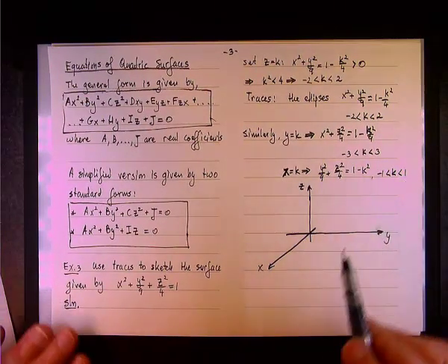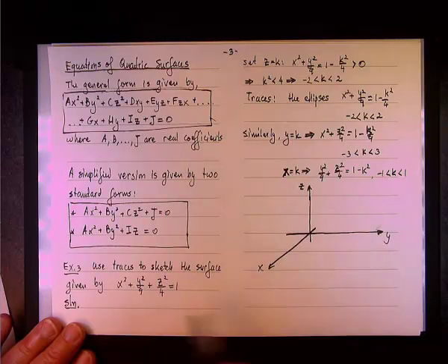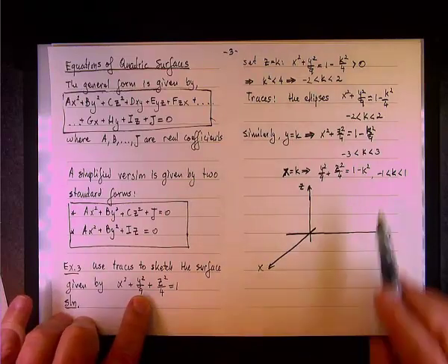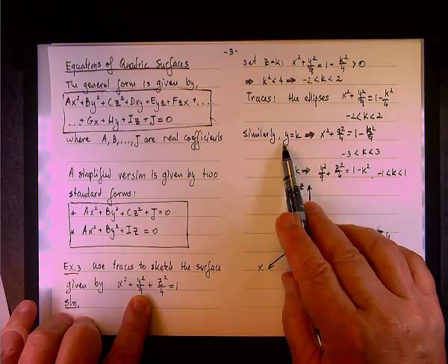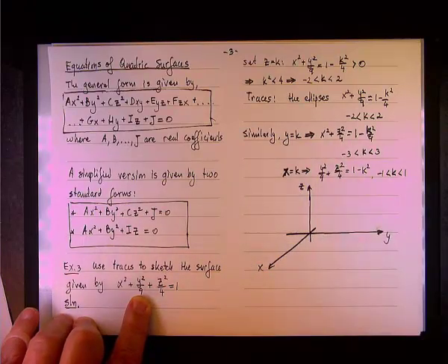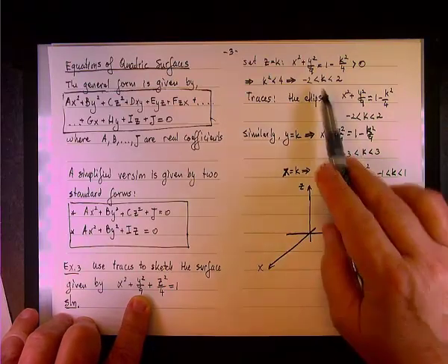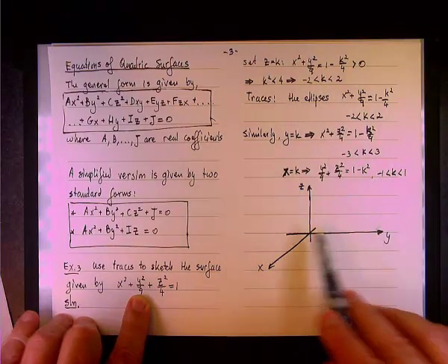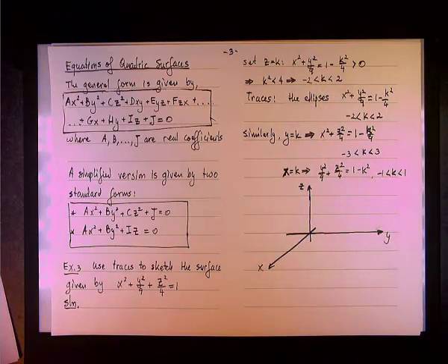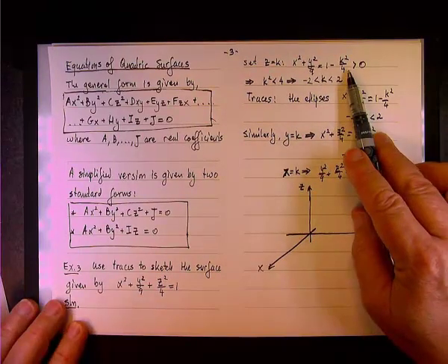So, notice the boundaries on the xy plane. I'm thinking about if I did it right. When z equals k,